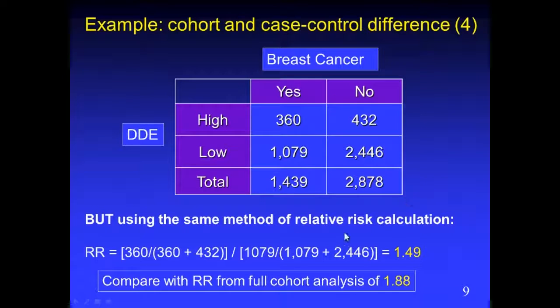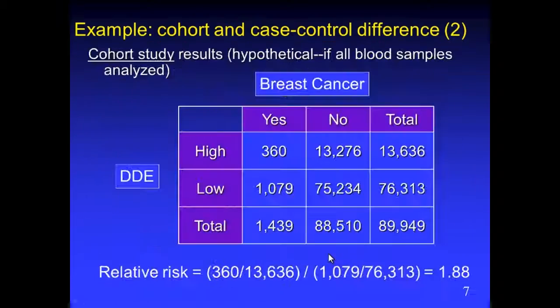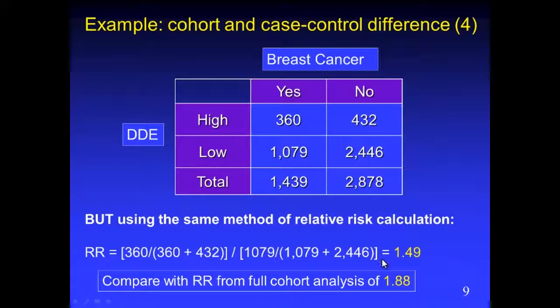So how do we calculate our relative risk? We can try carrying out exactly the same calculation that you're already familiar with, it's exactly the same method as we used to get the 1.88. But what happens then? We get 1.49. So that's not very good, because that is quite different to the 1.88 that we previously obtained. So how do we get around that? Because really, we're trying to use the case control study as a more efficient way of carrying out a cohort study, and if we just get 1.49, it's not the same as 1.88,